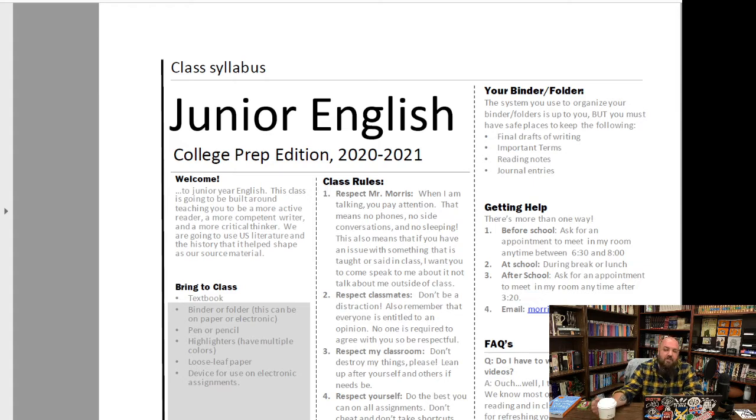Second of all, you're going to need a way to save some of the papers I give you. I'm going to do most everything electronically, but there are going to be some handouts that you need to annotate and highlight and things like that. So you need a way to keep up with that. If you're smart, once you're done annotating it, take pictures and put it in your OneNote so you don't lose it. But your call, as long as you keep up with stuff, all right?